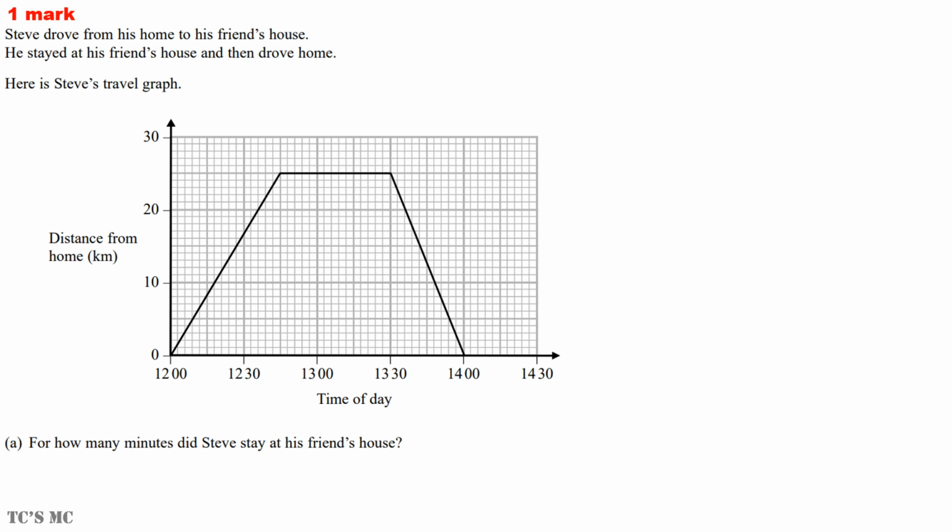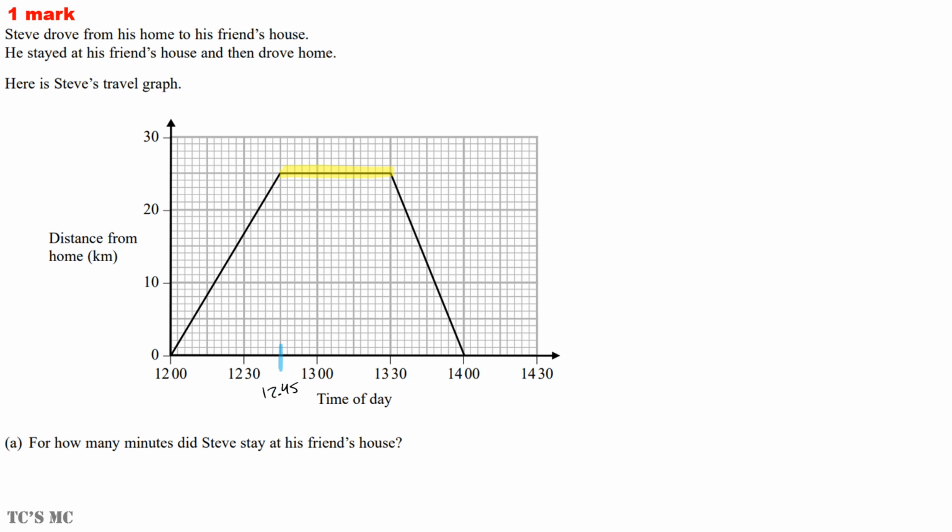Steve drove from his home to his friend's house. He stayed at his friend's house and then drove home. Here is Steve's travel graph. For how many minutes did Steve stay at his friend's house? If he's staying at his friend's house, that is the horizontal part of the graph. We need to know at what time he got to his friend's house. So that's this time over here, and that is